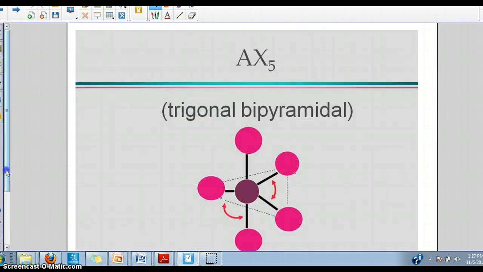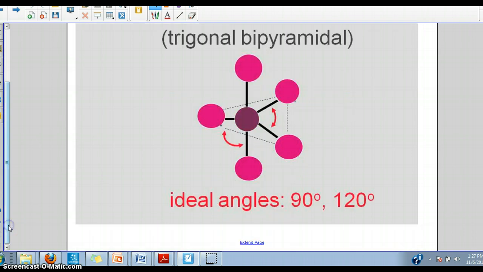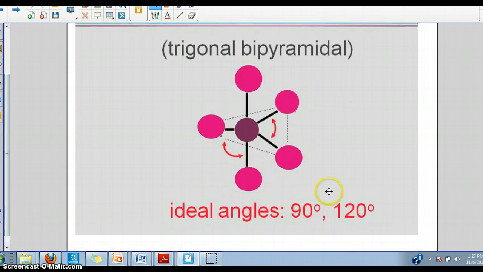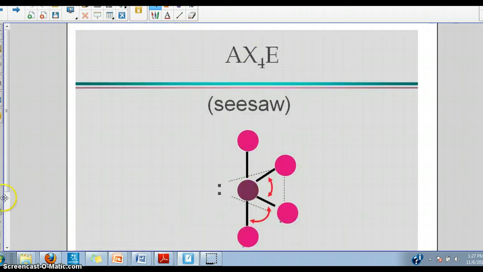Now, if we look a little further, AX5, the trigonal bipyramidals, have bond angles of 90 degrees and 120 degrees. So 120 degrees will be here, and then the three that are on the same plane, they have 90 degrees separating them. Okay,